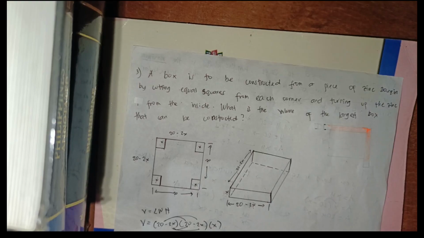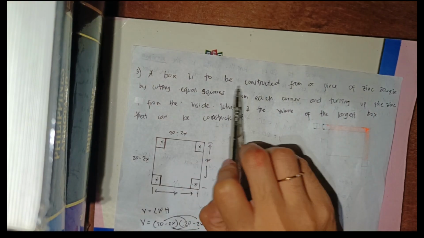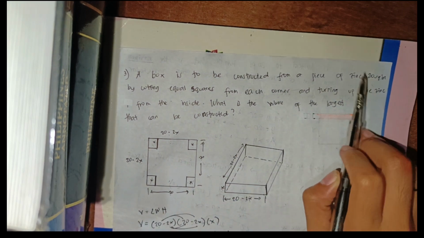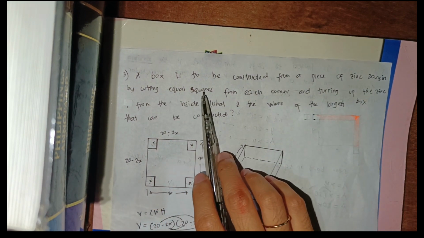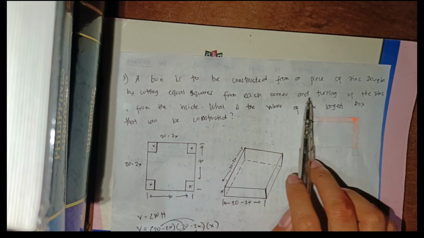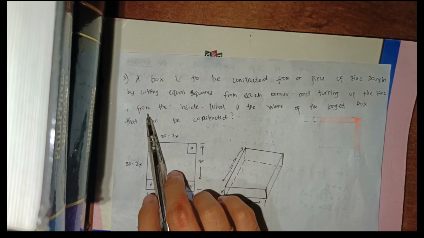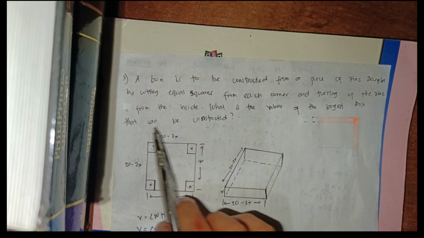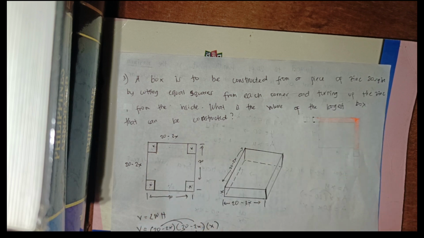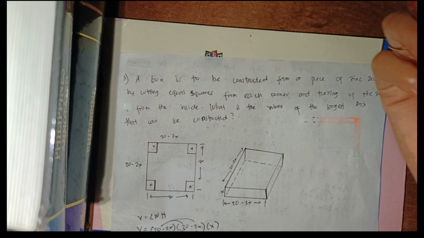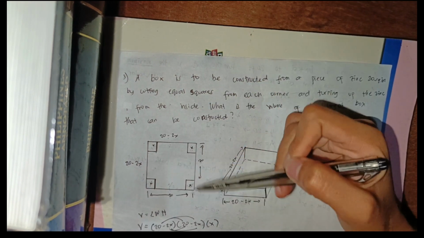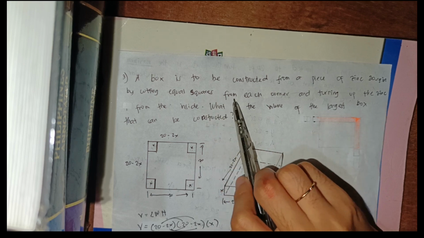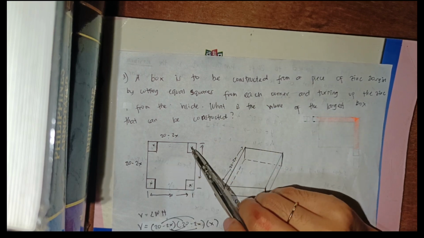Third problem. A box is to be constructed from a piece of zinc 20 square inches by cutting equal squares from each corner and turning up the zinc from the inside. What is the volume of the largest box that can be constructed? So first, let's draw the illustration of the box. Since we are cutting equal squares from each corner,